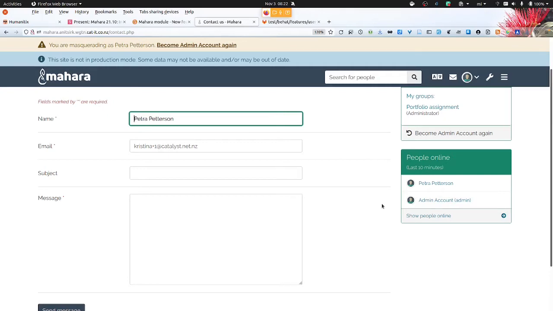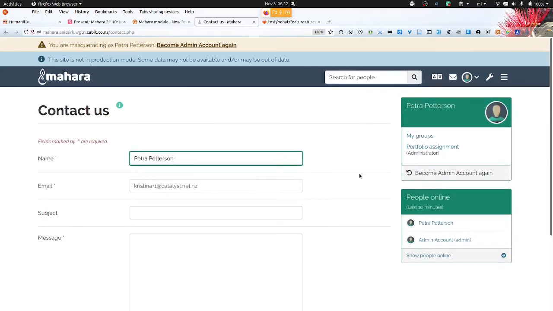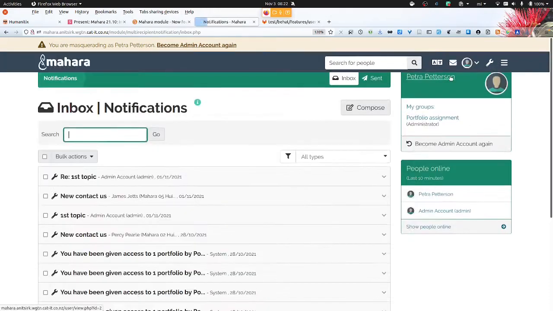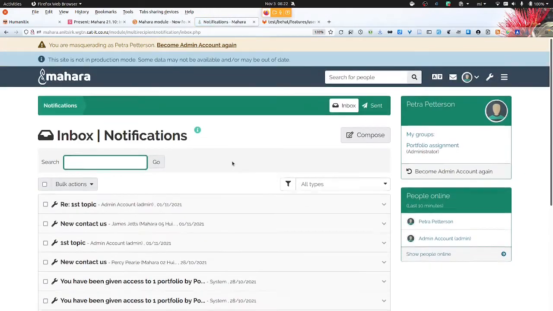And so no more of that, because if an institution member is logged into their account and they send a message via the built-in Contact Us form, then it goes to the institution administrators.